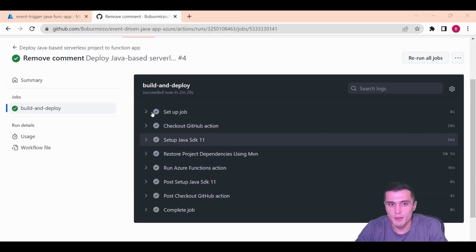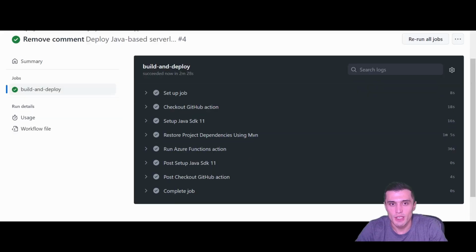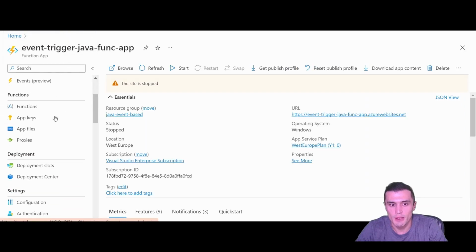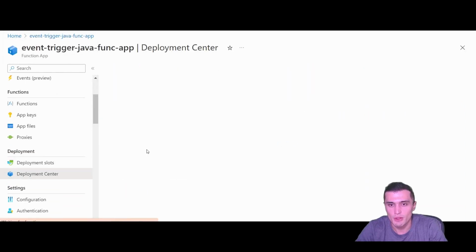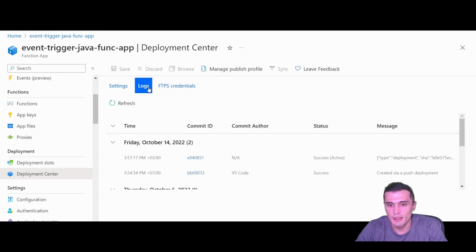So our deployment has just finished, and we can check, for example, by navigating to the deployment center. We can see the logs to prove that the deployment has finished. In the first case, we deployed the Azure function manually from VS Code. In the next step, we enabled GitHub Actions.